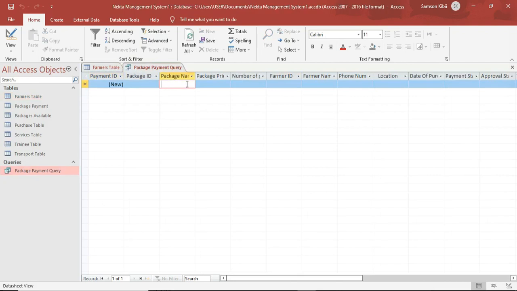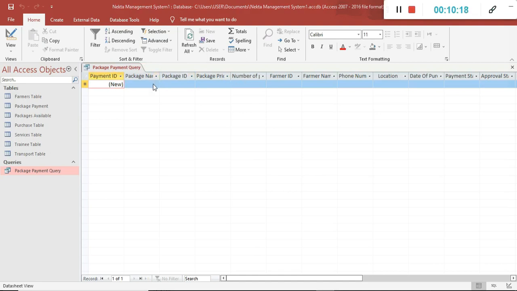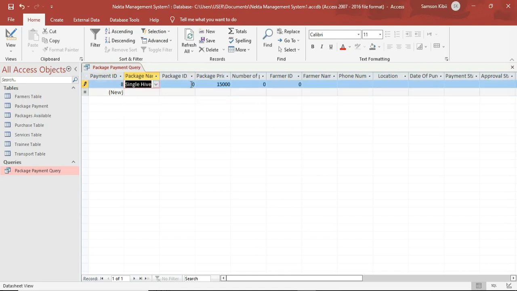So we are going to input some sample data to see if our queries have worked or not. So we have package name, let's choose single hive. It doesn't matter. Then you see now our single hive price is set to 15,000. Now the number of packages, let's say 2, farmer ID 1,